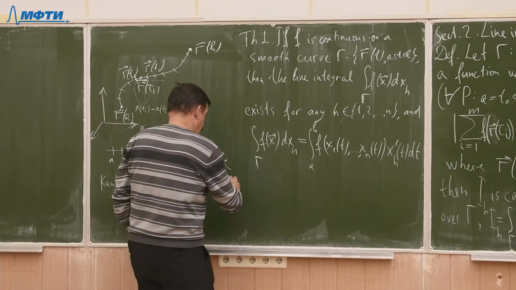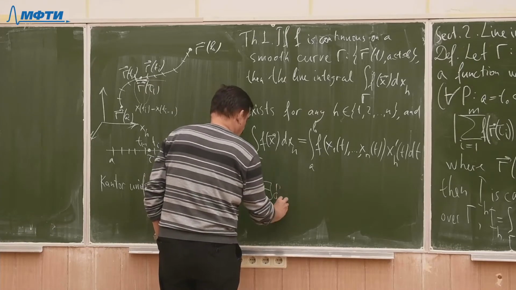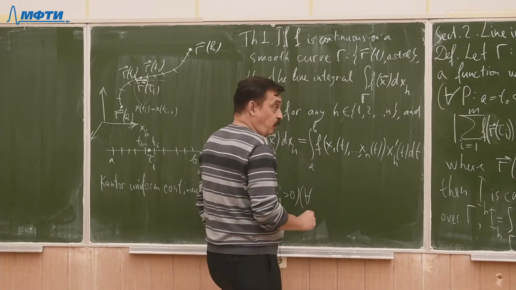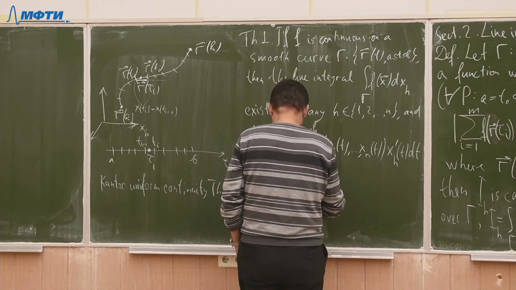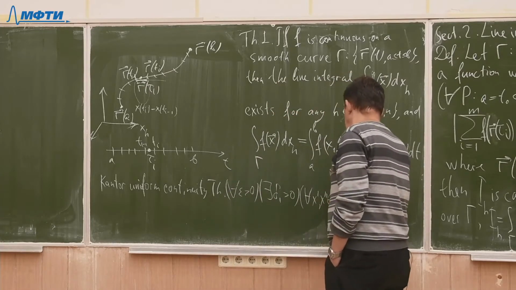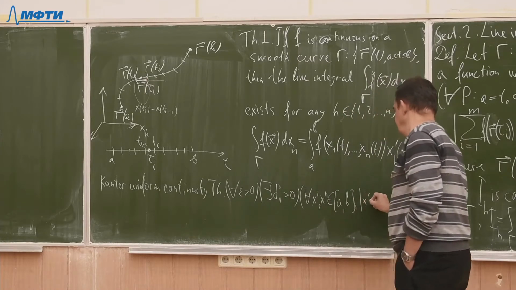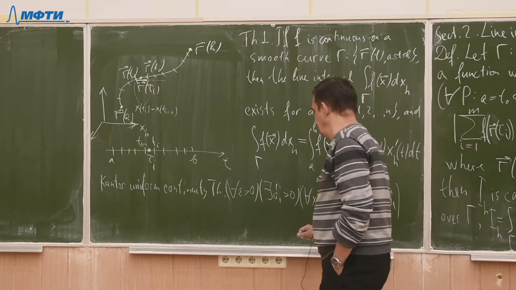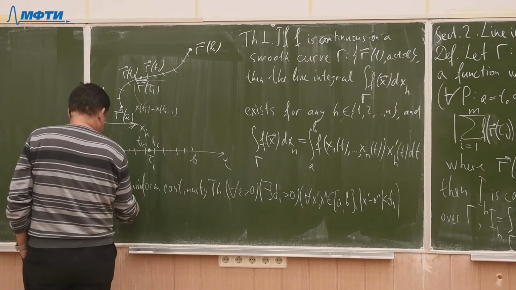We have that for arbitrary epsilon greater than 0, there exists delta 1 greater than 0 such that for all points x tilde, x hat in [a, b] such that the distance between them is less than delta 1, we have an inequality: